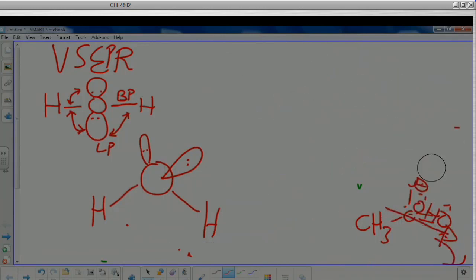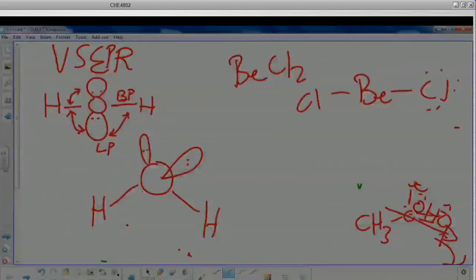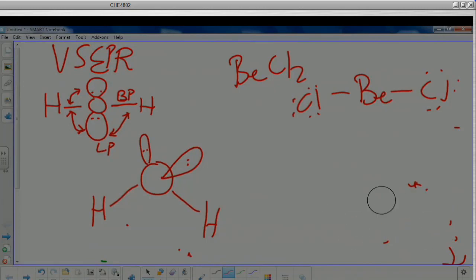Then you drop beryllium chloride. We do this in first year, and I'm just showing you something quickly. You come to beryllium chloride, BeCl2. This, like water, is an AX2 molecule. However, beryllium is in group 2. It has no lone pairs, and no empty orbitals and so on. So the two chlorines will prefer to be on opposite sides. This becomes linear.